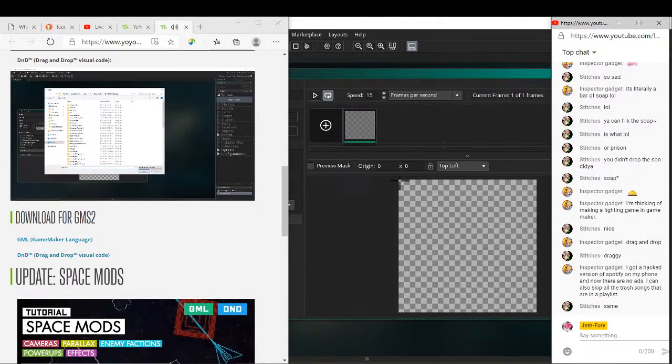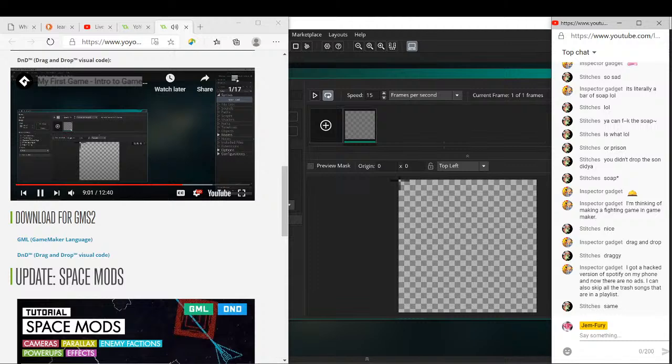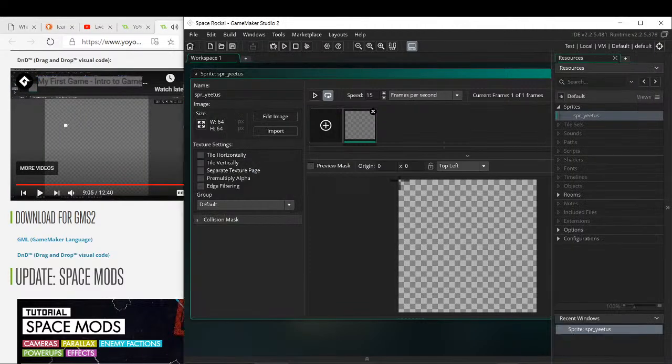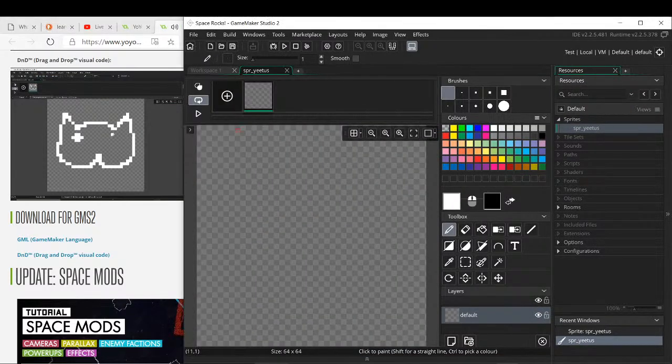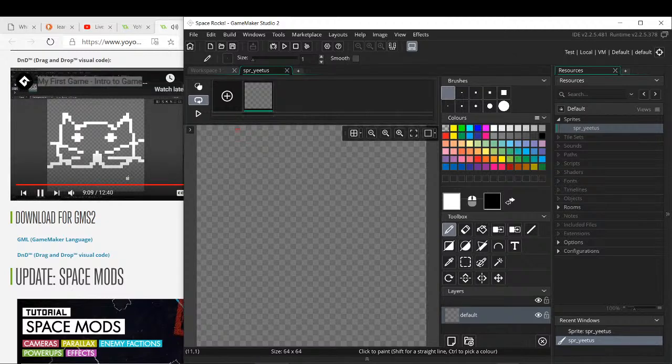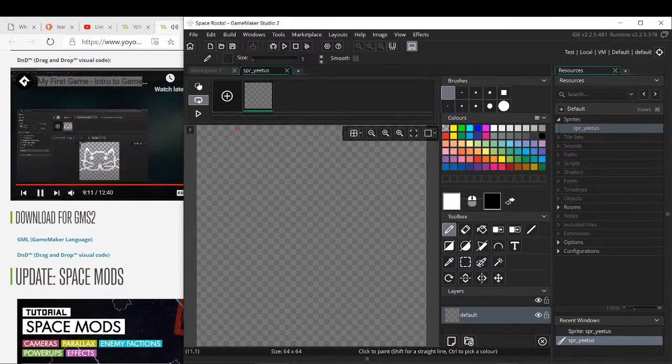If you want to load in a sprite from an image you saved on your computer, you can just hit import here. But you can also create an image from scratch in GameMaker by clicking edit image or by double clicking here on the frame. So this will bring up the sprite editor, which has a lot of the functionality of other drawing programs. So you can see that our picture is showing up in the